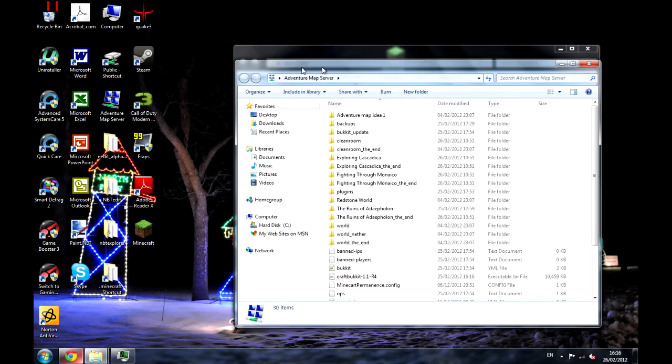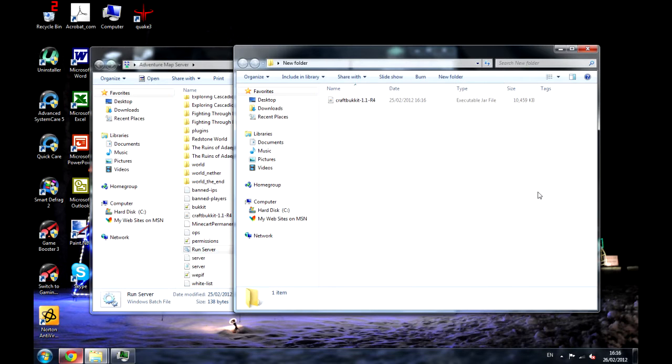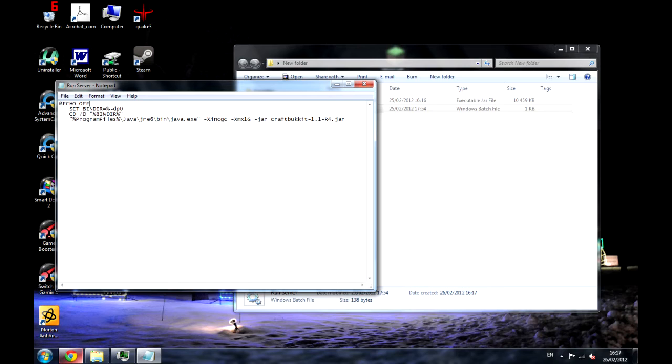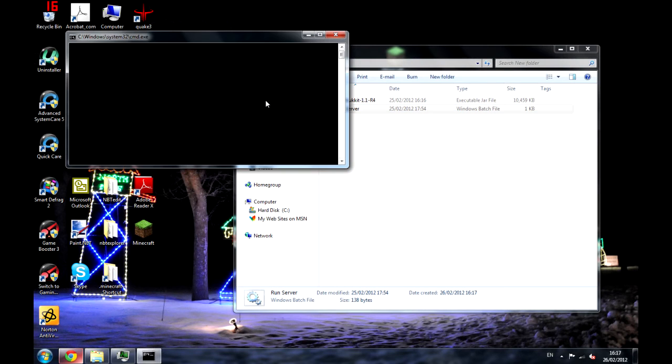make yourself another batch file, but this time it'll look a little different because, obviously, it's a different software. If you go into edit mode, see it's at echo off set. I'll put this in the description, I think. Then you set the path file for java.exe. Then you set that you want this to take up 1 GB of your space, and then the name of the jar file. So go ahead, run that, and it should